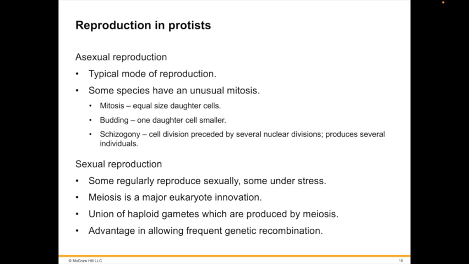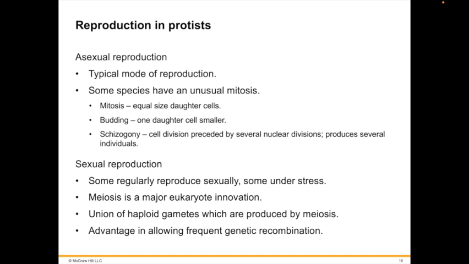Protists typically reproduce asexually. In addition, some undergo sexual reproduction regularly, whereas others undergo sexual reproduction at times of stress, including during food shortages. Asexual reproduction involves mitosis, but the process often differs from the mitosis in multicellular animals. For example, the nuclear membrane often persists through mitosis, with the mitotic spindle forming within the nucleus. In some species, a cell simply splits into nearly equal halves after mitosis. Sometimes the daughter cell is considerably smaller than its parent cell and then grows to adult size, a type of cell division called budding.